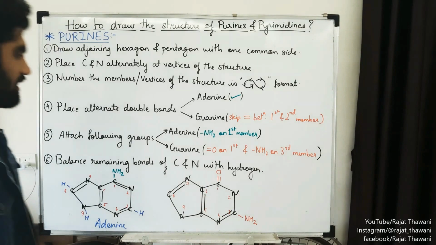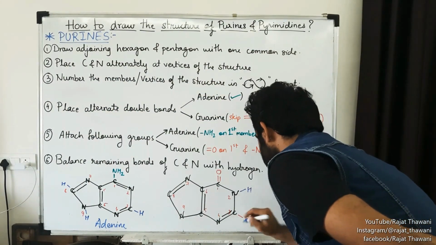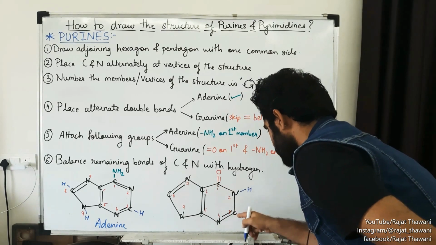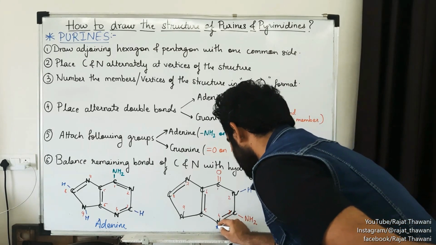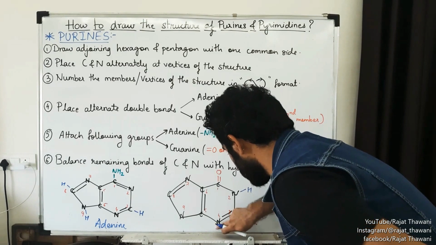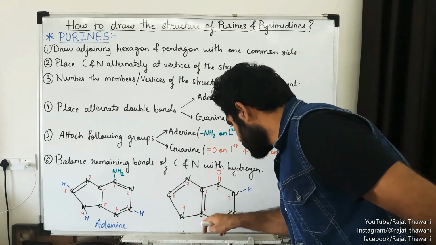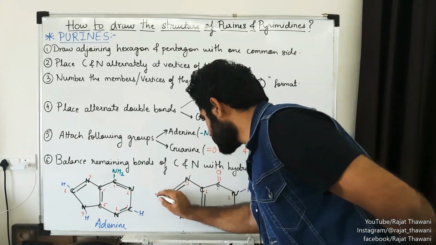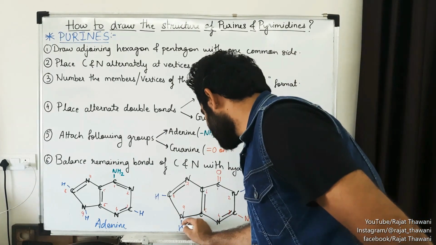So this is the structure of adenine. Here also the same thing has to be done. So this will have a hydrogen. This has all 4 bonds. 1, 2, 3, 4. 1, 2, 3. 1, 2, 3, 4. 1, 2, so this will have a hydrogen here. Sorry, it won't have one, 3 bonds are there already. My apologies. 1, 2, 3, 4. 1, 2, 3, 4. 1, 2, 3. And this has the fourth one. And this also has the fourth one.